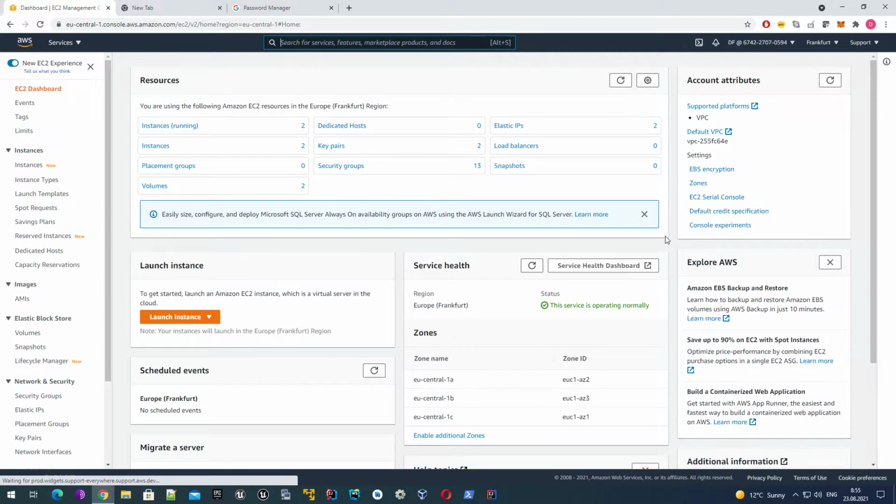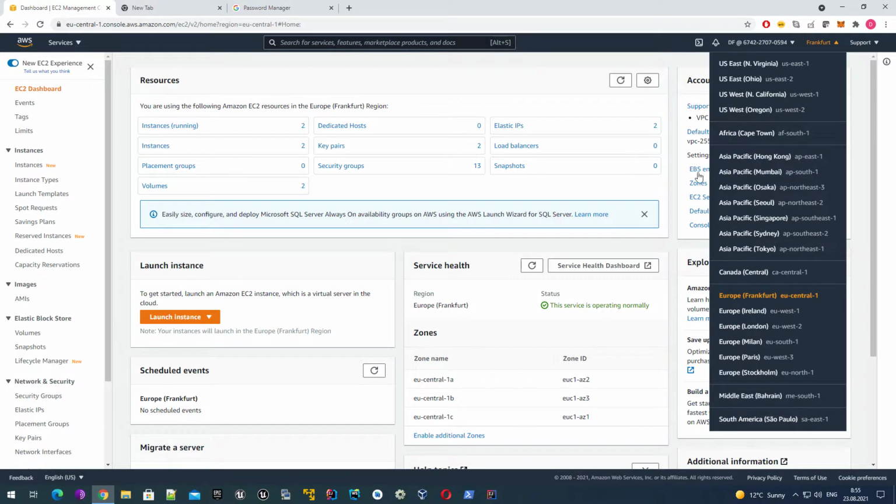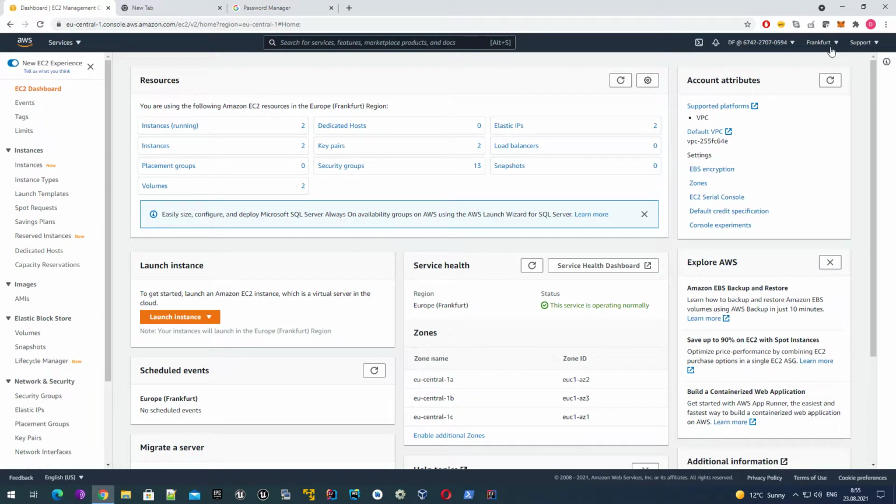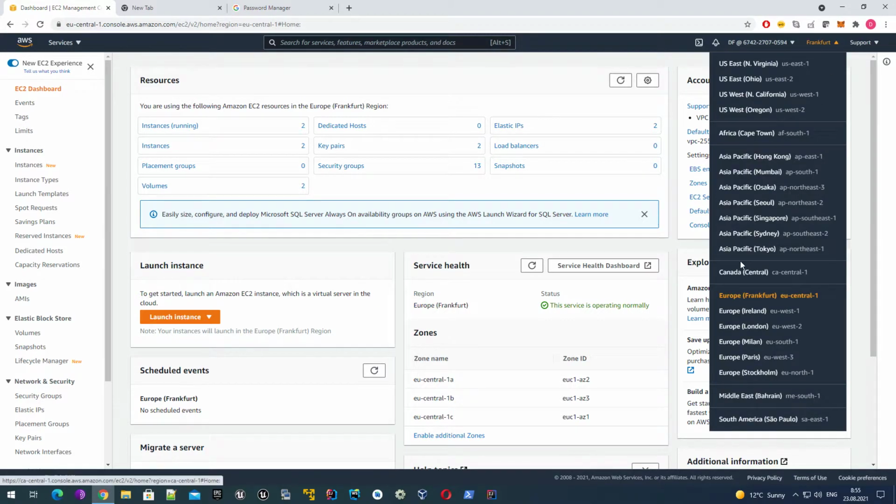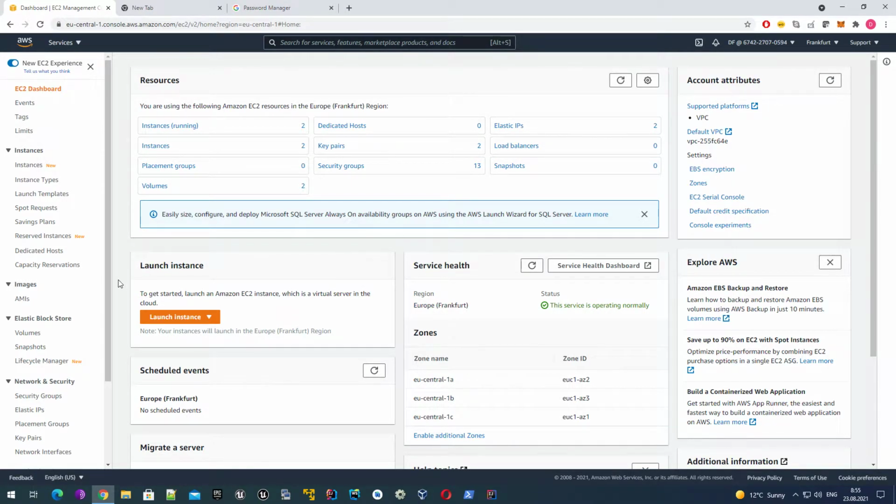Once again, a security group is a region specific resource. So for now, for example, I'm in the Frankfurt region. If I define a security group in Frankfurt, I will not be able to use it, for example, in London or in any other region, right? So it's region specific. Okay, and here we have a menu on the left, and under network and security